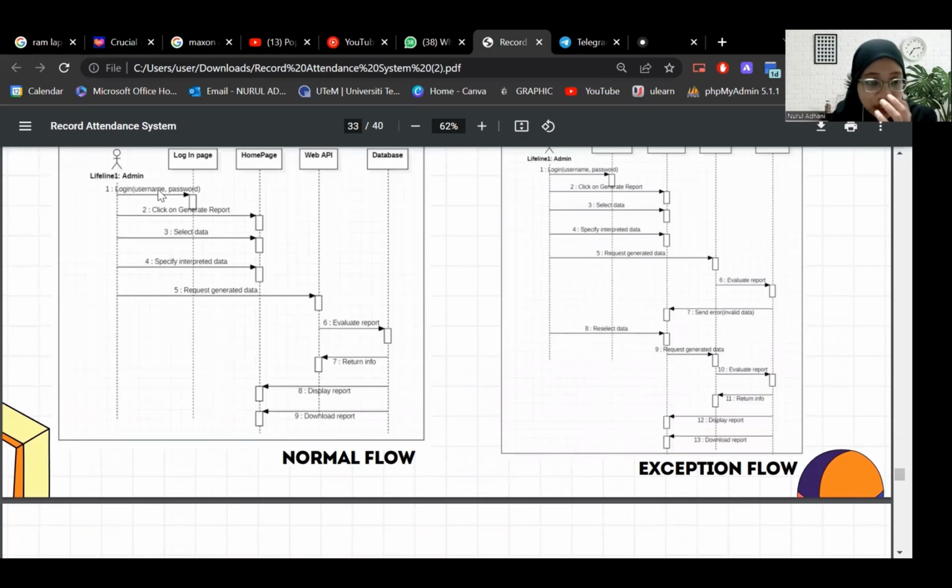Now the sequence diagram. The admin needs to log into the login page and click on the generate report button on the home page, select the data, and specify the data. The home page requests the generated data, so the web API will evaluate the report and the database will return all the information. It will also display the report on the home page so the admin can see the report and also download the report. Meanwhile, in the exception flow,